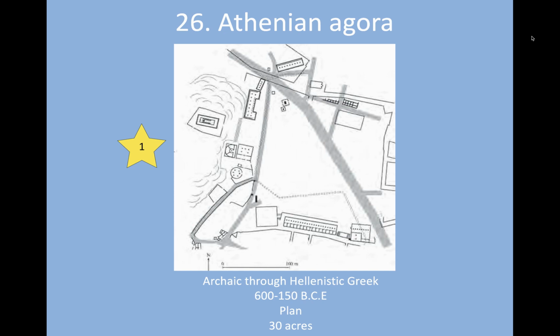Agora translates to gathering place. And that is what this is. This was the main gathering place in ancient Athens. It covers a total of 30 acres. So remember, we talk about sometimes using houses off of sweepstakes that are on about quarter-acre lots. So multiply the 30 by 4, and you're looking at about 120 of those houses making up this sort of